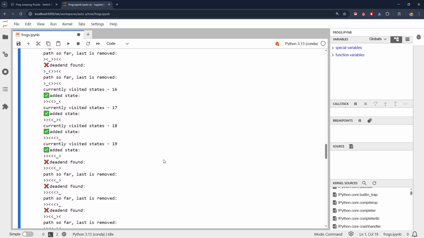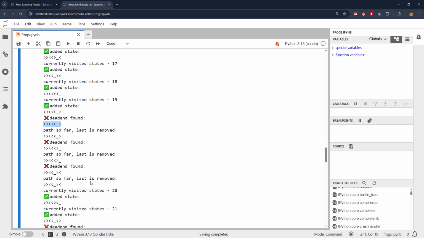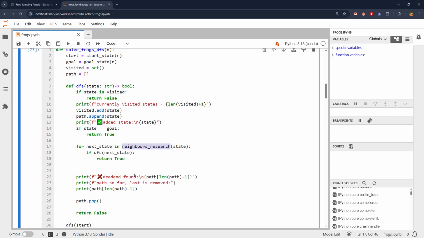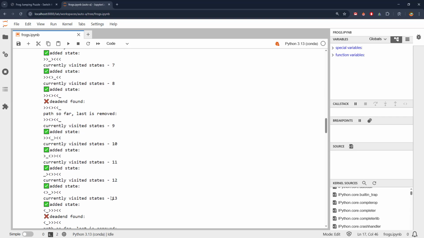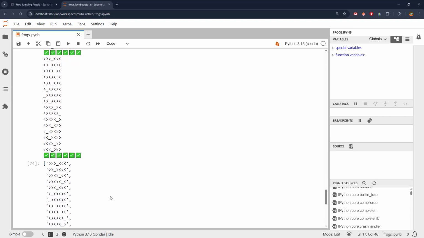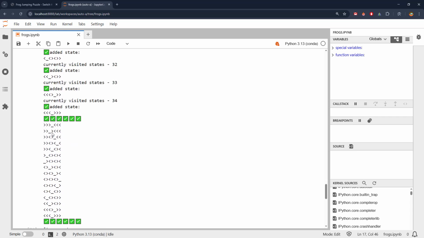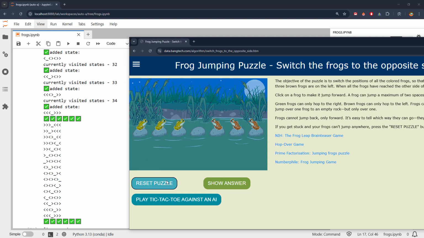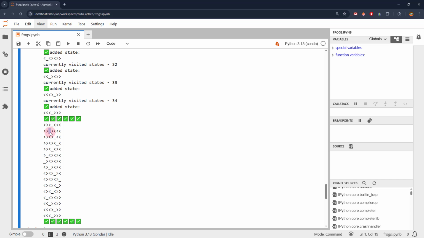After we find a dead end, it's a DFS, we just remove the previous one and we continue with whatever we have left in our neighbor's research. I'm just interested whether at the end we can run it and take a look in the whole thing. Let's give it a try. Reset puzzle. Okay, so this one is the middle, then obviously